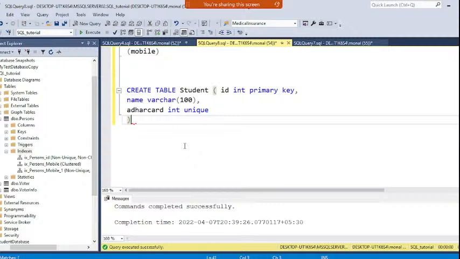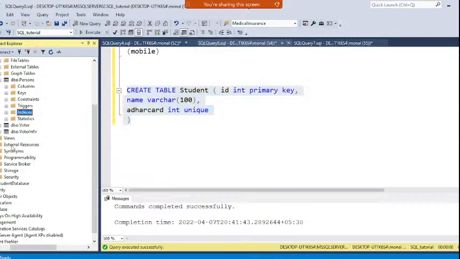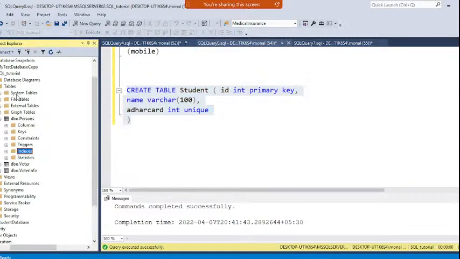I will not create more fields here. I will execute. See, I will refresh the tables